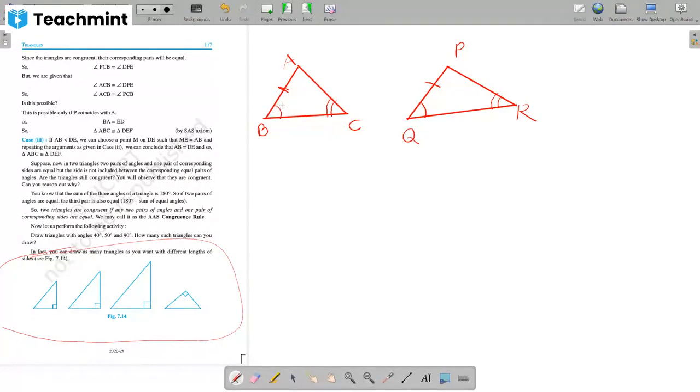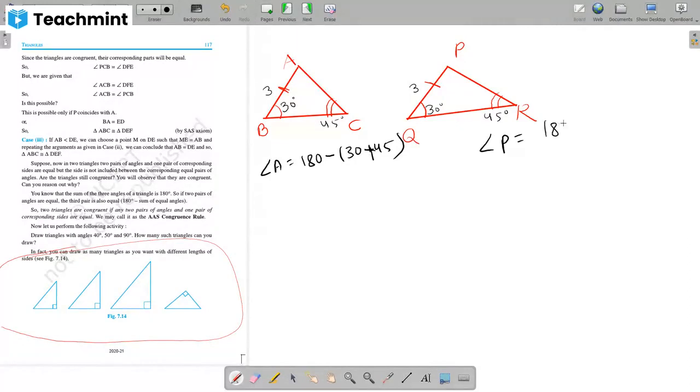Your answer is absolutely correct. Let this angle be 30 degrees, and this one also 30 degrees. This angle is 45 degrees, and this angle is also 45 degrees. This is 3 centimeters and this is also 3 centimeters. Now see, if angle B is 30 degrees and angle C is 45 degrees, can you find angle A? Yes, ma'am, by the angle sum property: 180 minus the sum of the two. So we can find angle A by using the angle sum property. Similarly, can you find angle P?